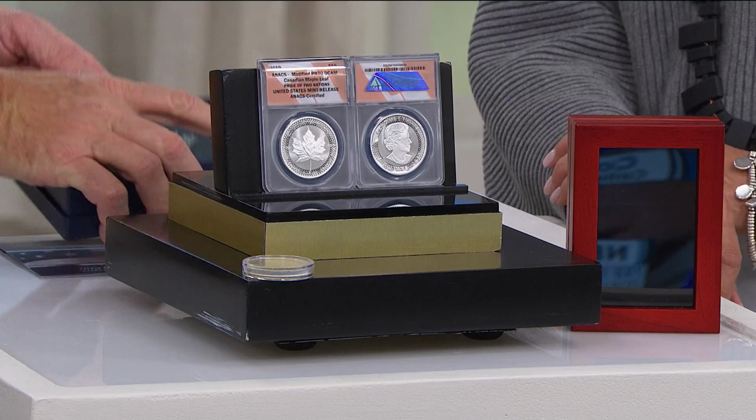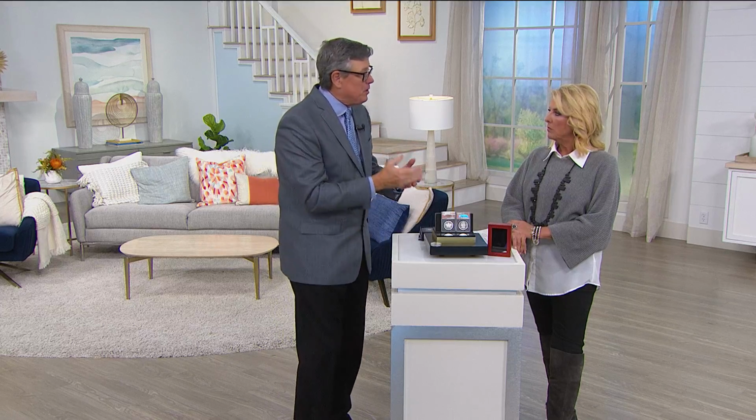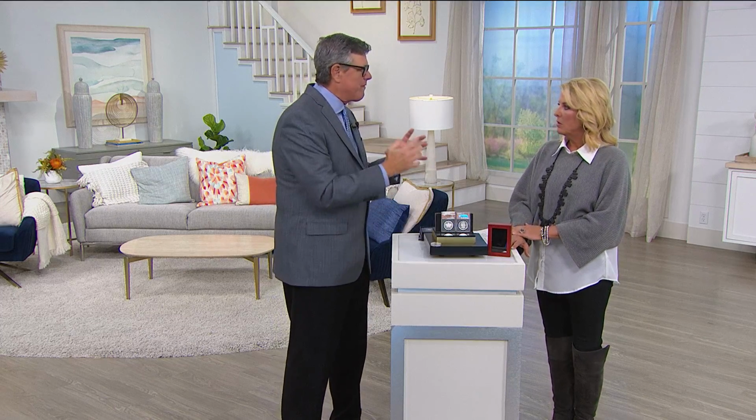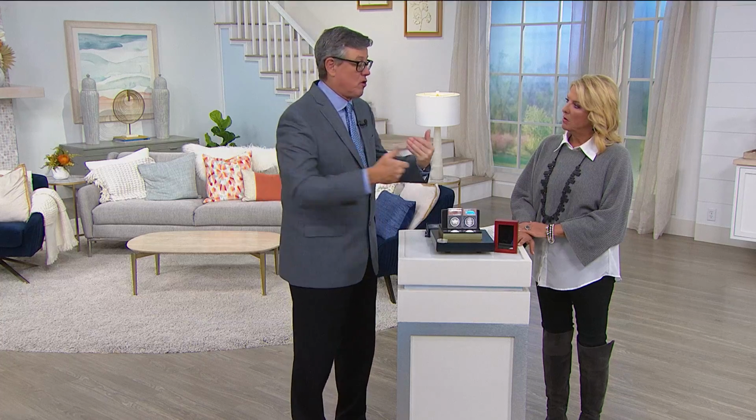These are out of the Pride of Two Nations. This is an exclusive coin. It only came out of these Pride of Two Nations. That's one of the rarest maple leaves ever done by the Canadian government. Is it the first time they've done the counterfeiting thing? Well, no, they've done the anti-counterfeiting things, but they've not done what's called a modified proof. So it's the first and only modified proof coin that's ever been done by the Royal Canadian Mint. It was only done in the Pride of Two Nations, and so I've got it here